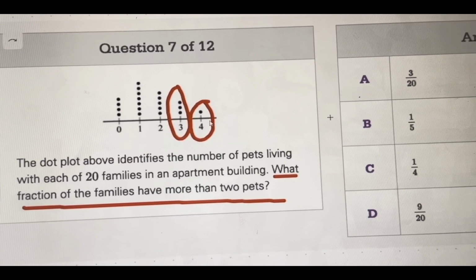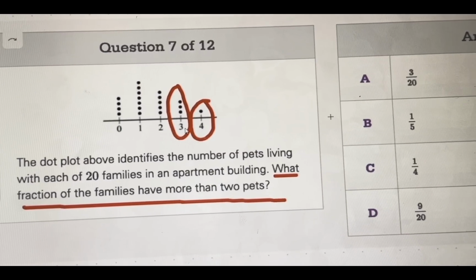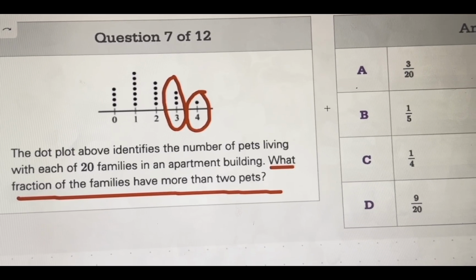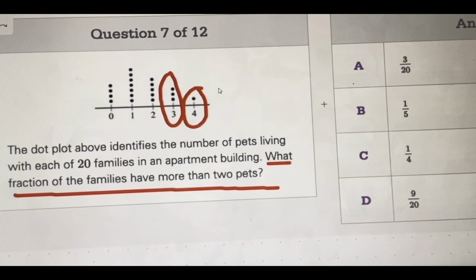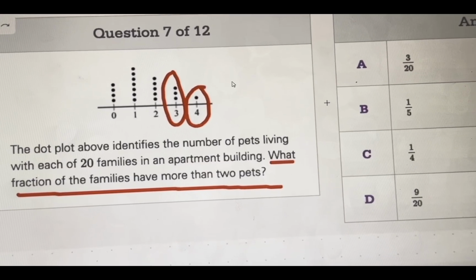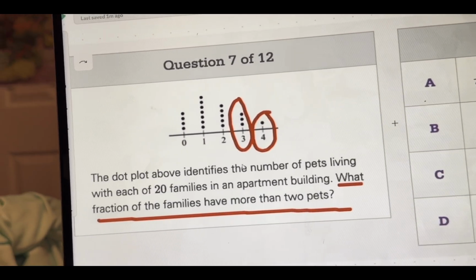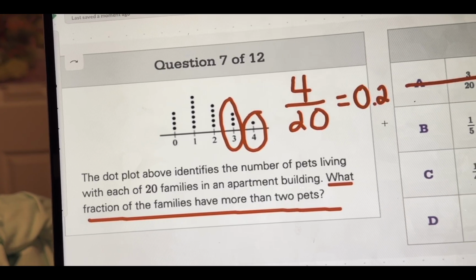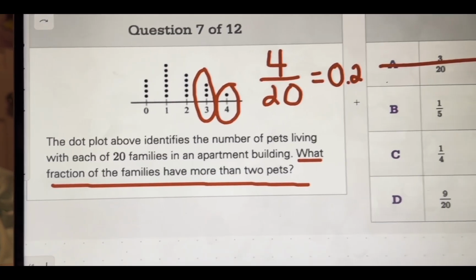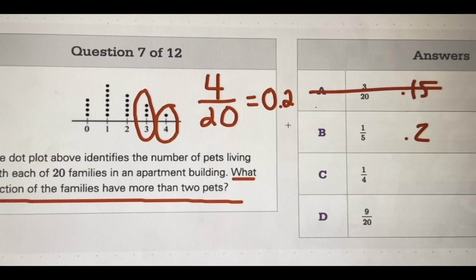In fact, it's 4 out of the 20 families that have more than 2 pets. Now that's a number. When I said 4 out of 20, that's a fraction. Are you familiar with fractions a little bit? Yeah. That looks pretty good. I feel pretty comfortable picking answer choice B. What's 1